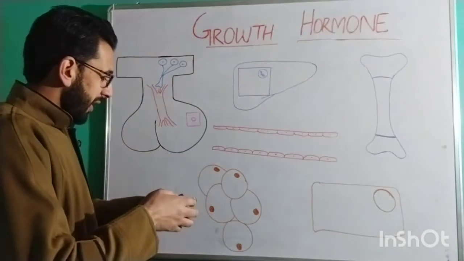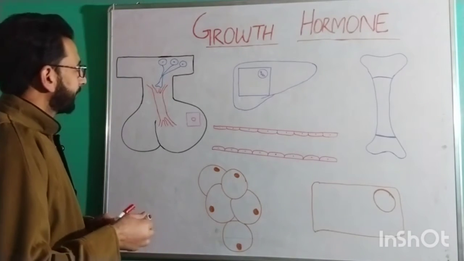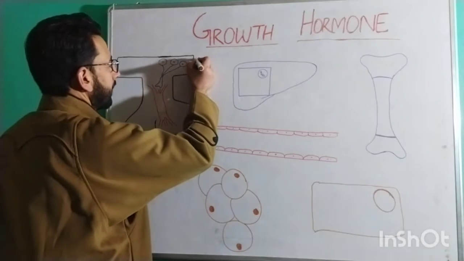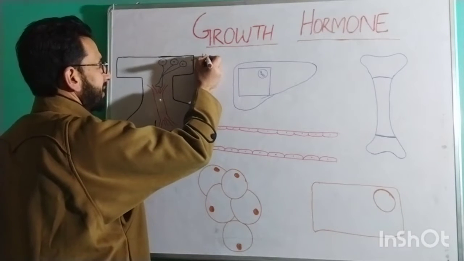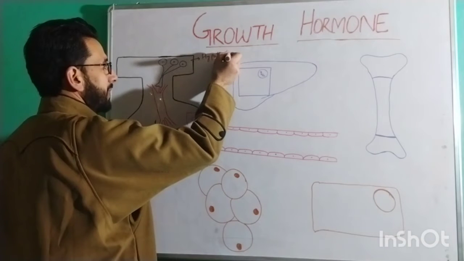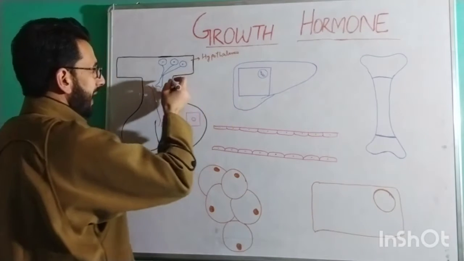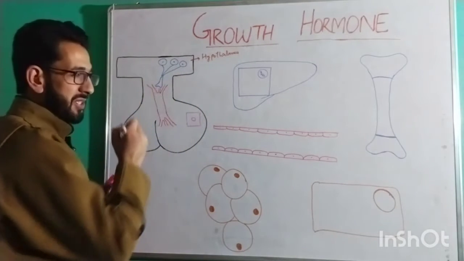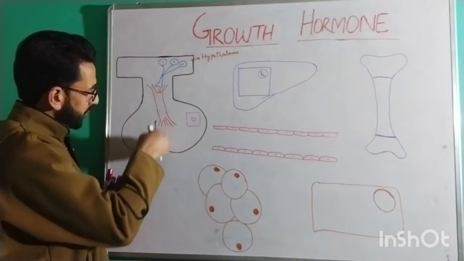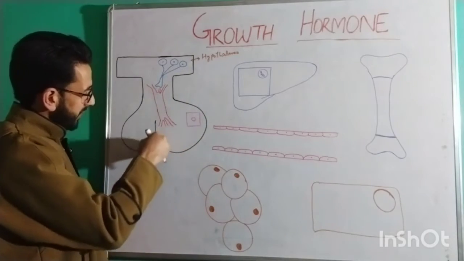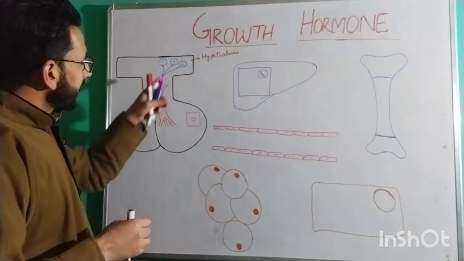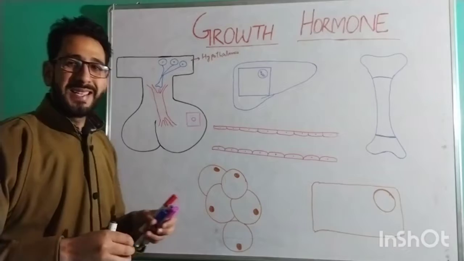Here is our hypothalamus. We have discussed this so many times. Here is the hypothalamus, and then there is the infundibulum, the connection between the hypothalamus and the pituitary gland, and then here is the pituitary gland. This is the anterior pituitary, and here is the posterior pituitary. Fine. Now we already know that the hypothalamus is